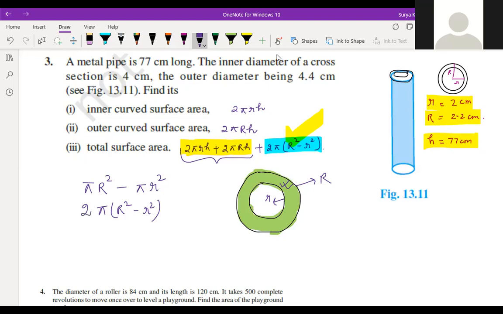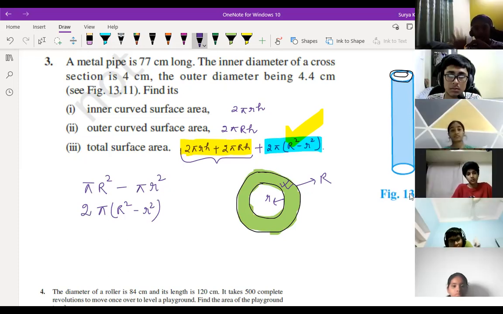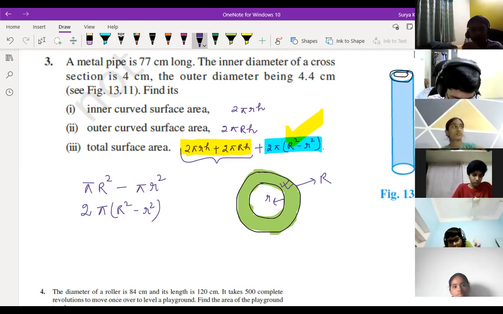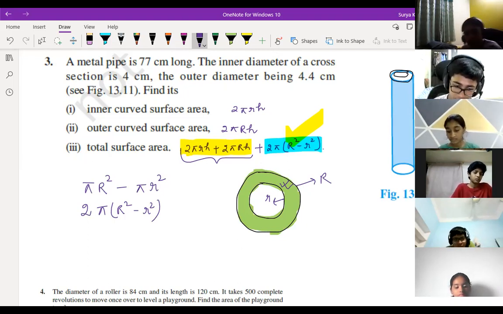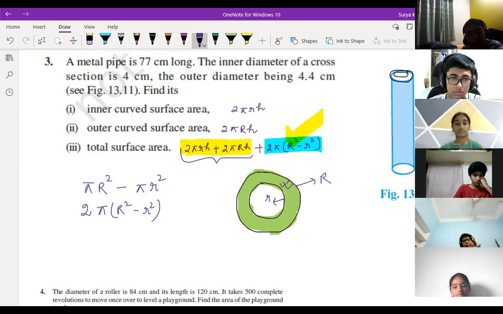So I'll erase this, children. Who is having doubt, you can ask again. Sir, do you mean that in a cylinder there are two same ends, so we are multiplying by 2? Yeah, because what you can see on the top, the same thing you can see at the bottom also. Exactly. A cylinder is uniform, it's not up and down here and there. And you have seen a pipe, no? A thick pipe which is hollow, you see the top part and the bottom part, both remain the same, and the area will not change.